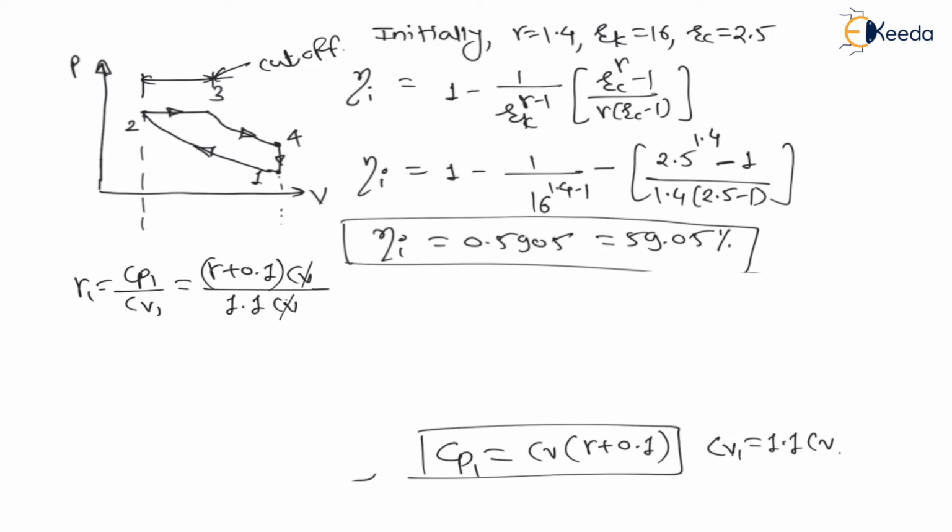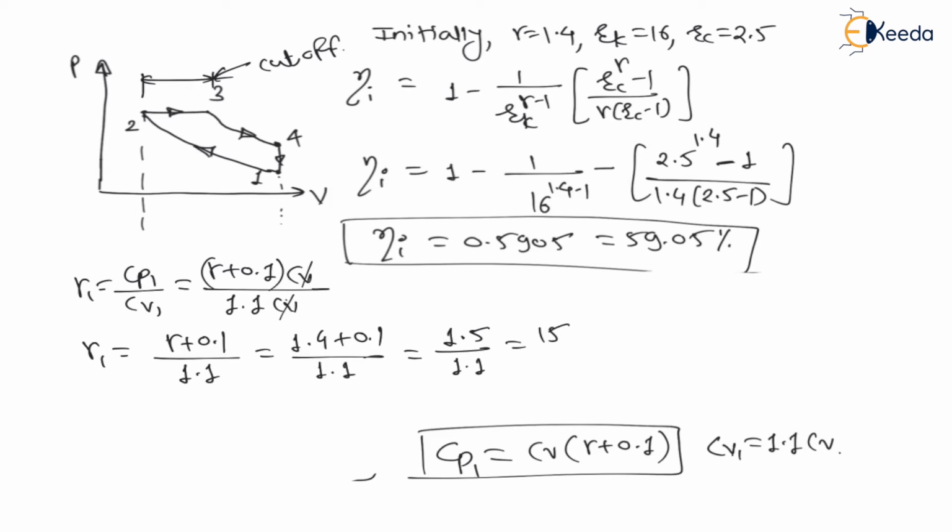Therefore Cv will get cancelled. Therefore new gamma 1 is equal to (gamma plus 0.1) divided by 1.1. Let us solve this. Therefore gamma is 1.4 plus 0.1 divided by 1.1, which is nothing but 1.5 divided by 1.1, which is nothing but 15 divided by 11. If I simplify this, then I will get the answer is equal to